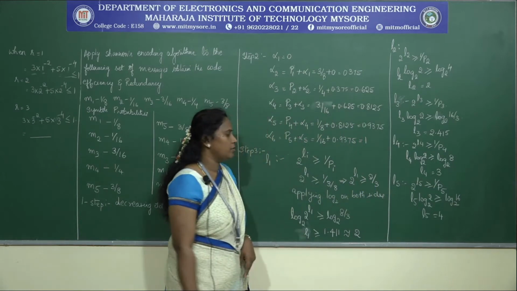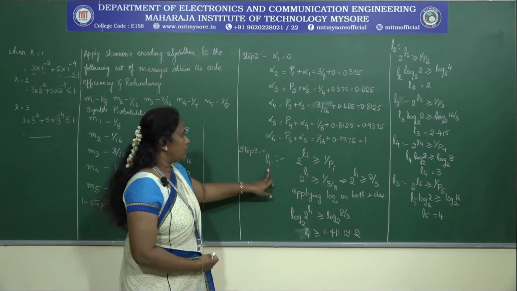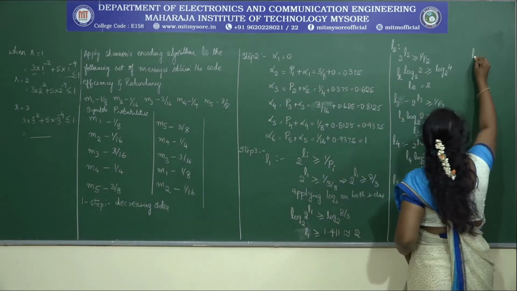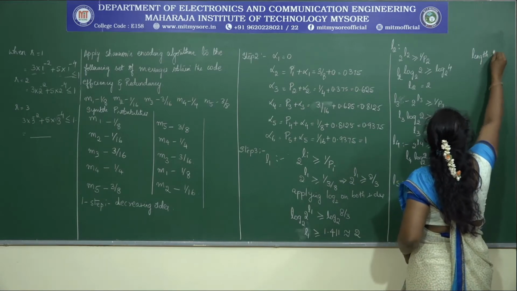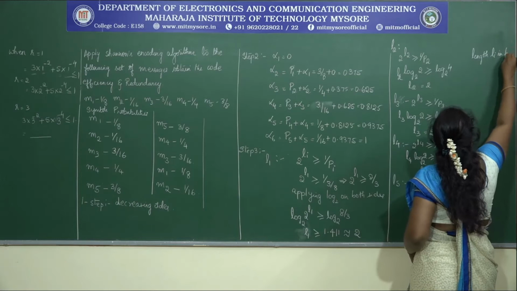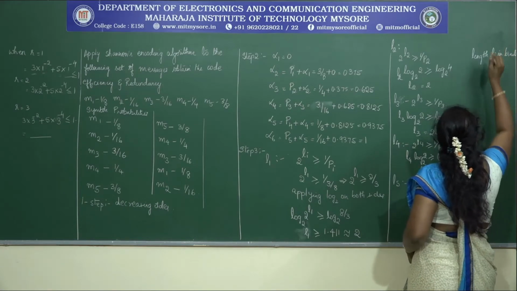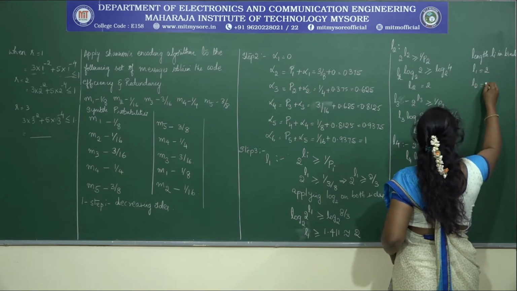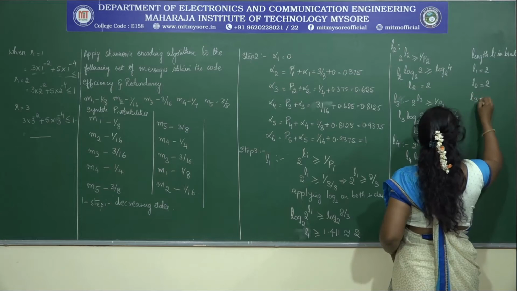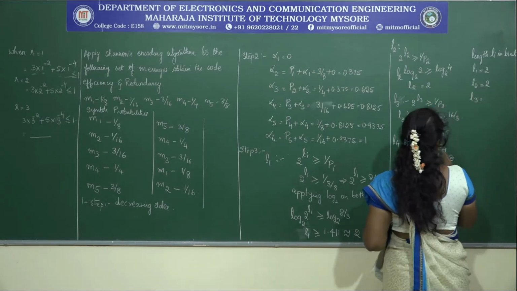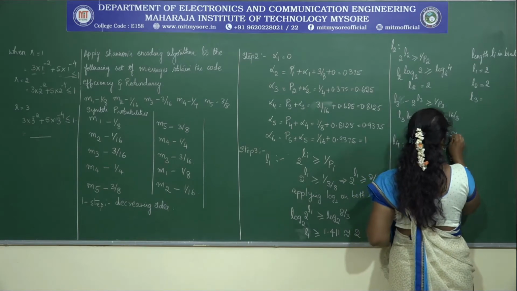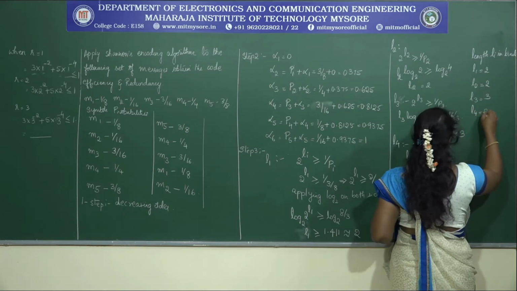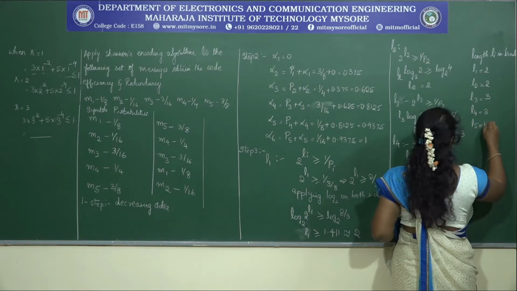So now we have found all the lengths of the sequences, that is the length Li in minutes. Here L1 is equal to 2, then L2 is equal to 2, L3 is 2.415 rounded off to the next integer, so it will be 3. Then we have L4 also 3, and L5 is equal to 4.